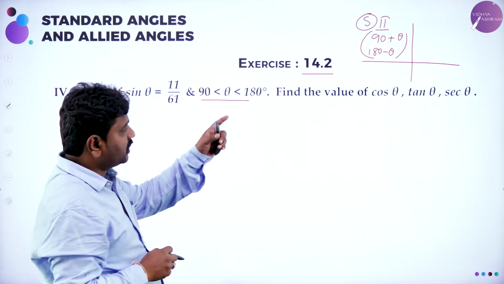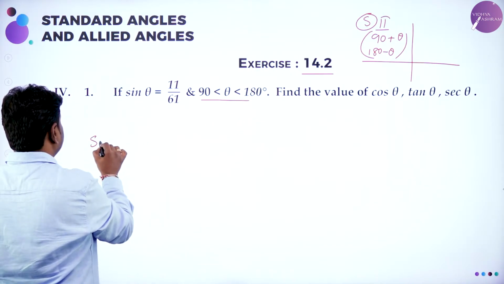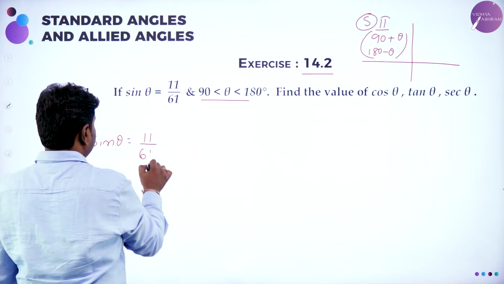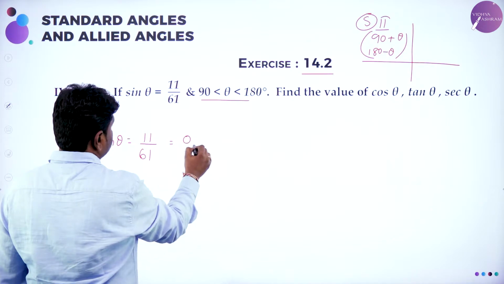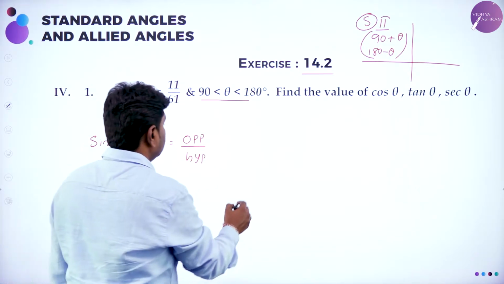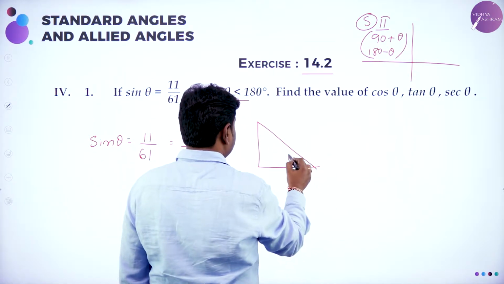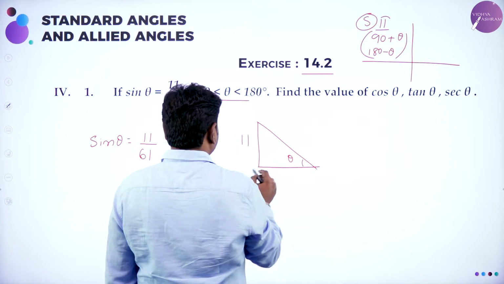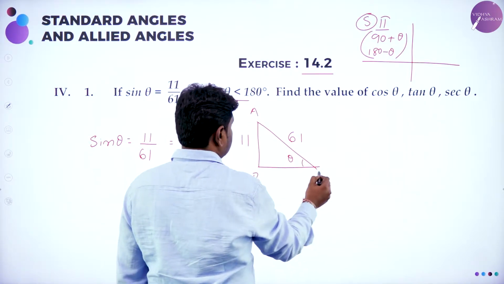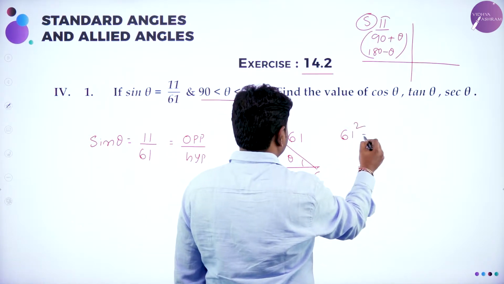Now they wanted to find cos theta, tan theta, secant theta. We'll use the triangle method. They gave sin theta. What is sin theta given? 11 divided by 61. And you know, sin means what? Opposite side divided by hypotenuse. So now draw the triangle. For a right angle triangle, this is theta. What is the opposite side? 11. Hypotenuse is 61. So if you consider right angle triangle ABC, by Pythagoras theorem, 61 square is equal to 11